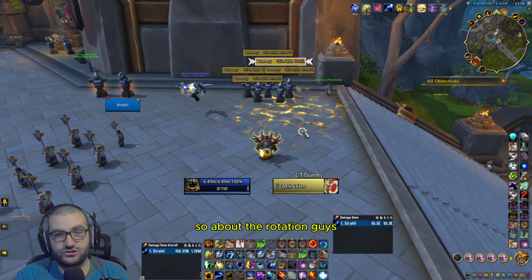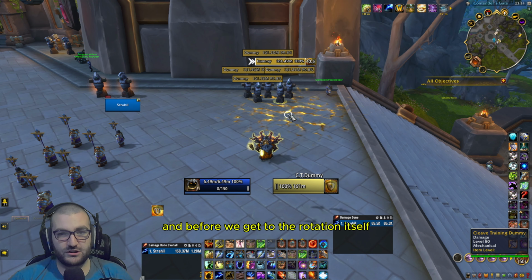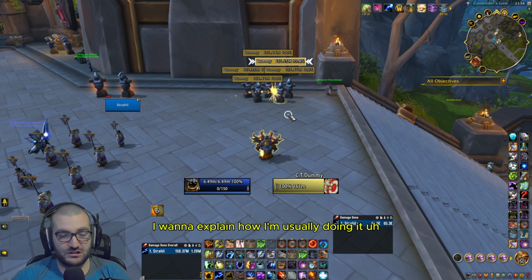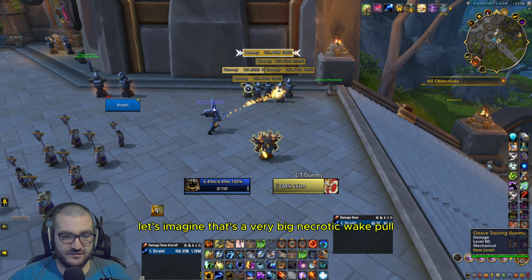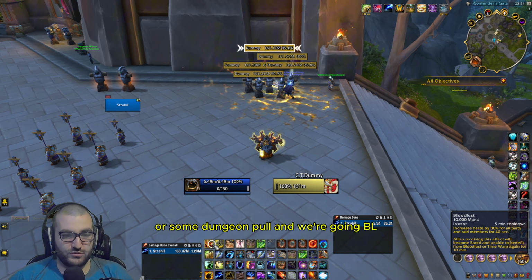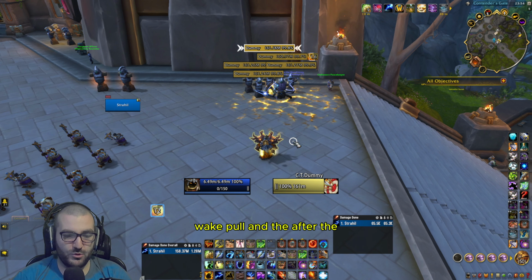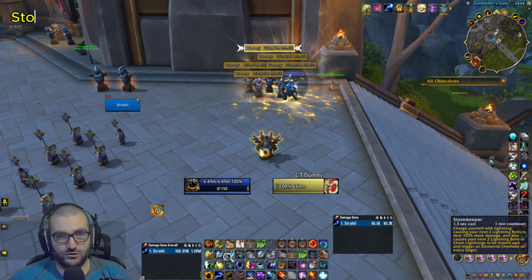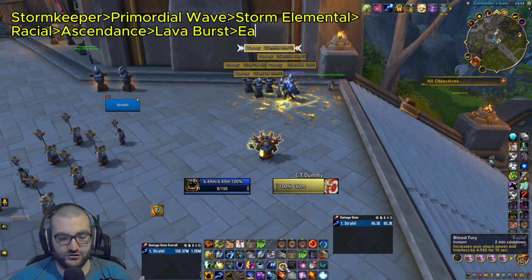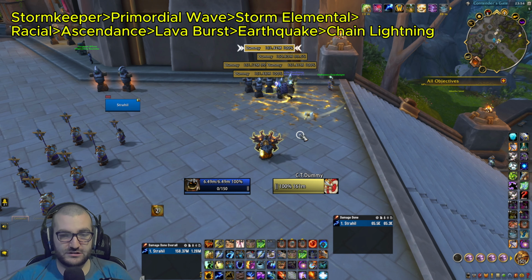So about the rotation, guys, it's very simple, but it's actually very powerful. And before we get to the rotation itself, I want to explain how I'm usually doing it. Let's imagine that's a very big Necrotic Wake pool or some dungeon pool, and we're going Bloodlust, because I usually Bloodlust on the first Necrotic Wake pool, and after that I'm going Stormkeeper, then I'm using my Primal Wave, then I'm going Storm Elemental, my Ascendance, popping it to spread the Flame Shocks to 6 of the targets,